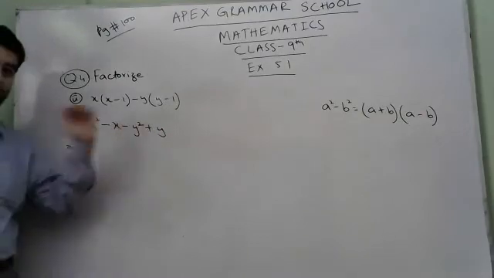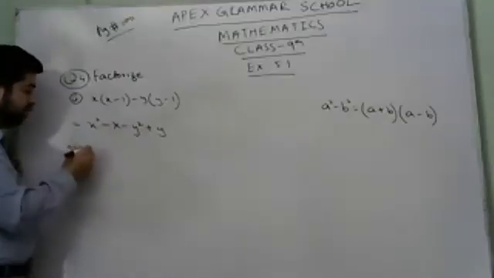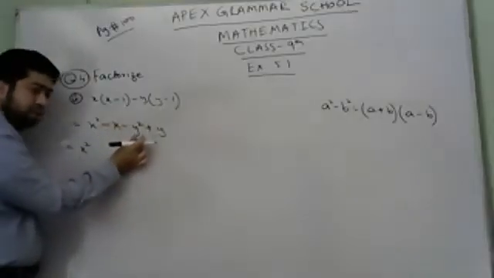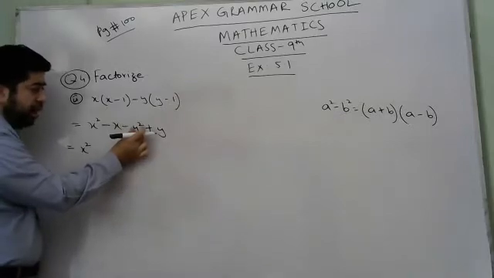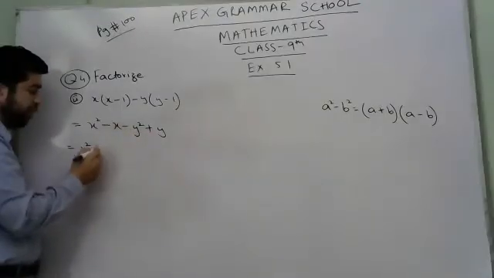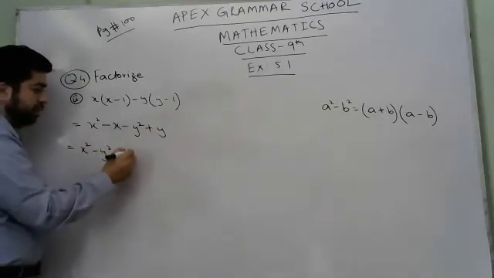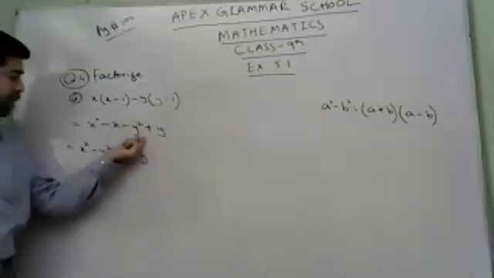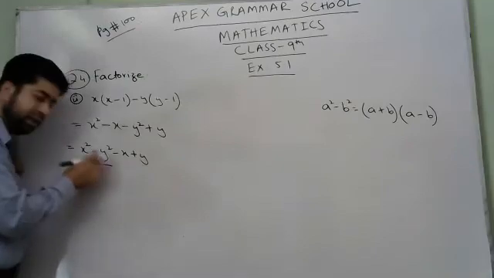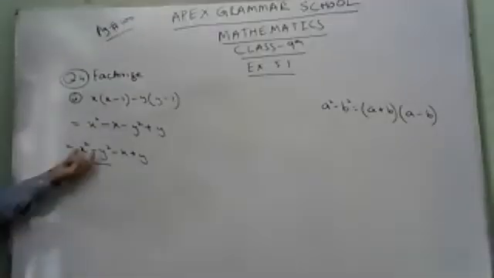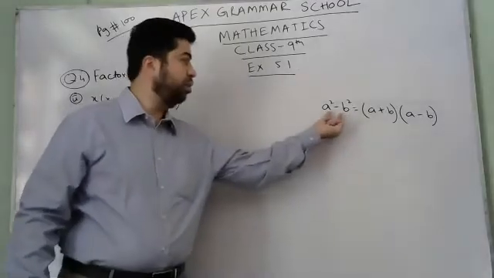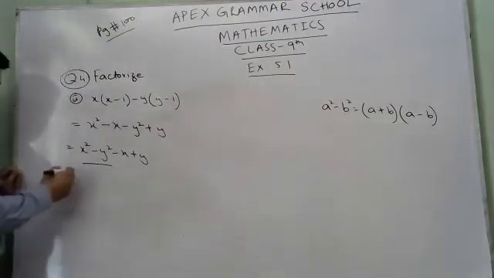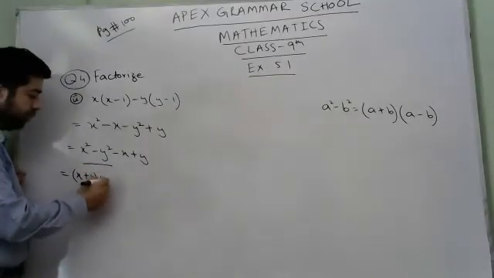If this situation does not work, we can arrange in any other order. Like this negative x here, I want to move it to the third position, and negative y squared will be in the second position. So x squared minus y squared and minus x plus y. Just reshuffle these positions, minus x here and minus y squared. Now, what about this x squared minus y squared? You very well know about that. This is of the type a squared minus b squared, that is a plus b into a minus b. So we can write it as x plus y into x minus y.